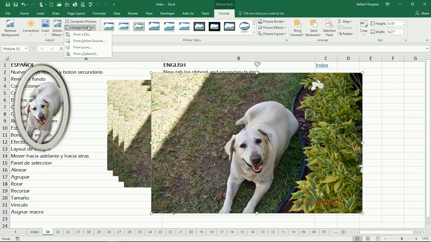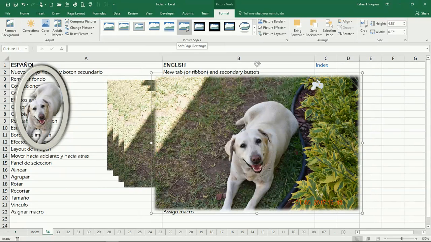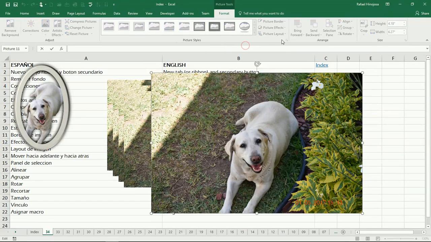Again, here you can change the picture from a file or from online sources. The reset picture, we already saw that. The styles, we already saw that too. How to apply this kind of like frames. The border,